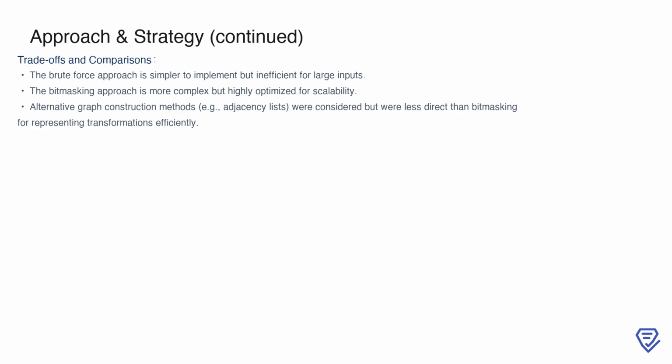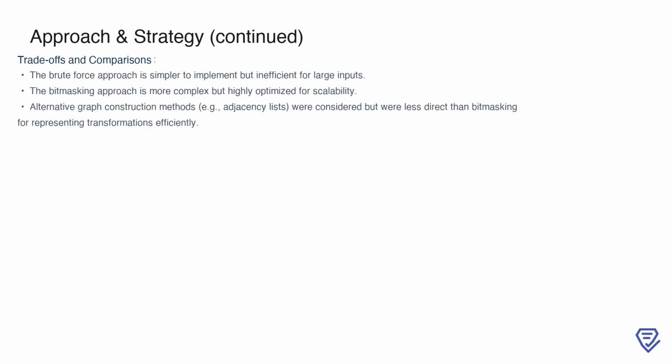When evaluating trade-offs, the brute force approach stands out for its simplicity, as it is straightforward to implement. However, it fails to scale for larger inputs due to its high time complexity. On the other hand, the bit masking approach, while more complex to implement, is highly optimized for scalability. It makes effective use of bitwise operations in graph algorithms to reduce the computational burden significantly. Alternative methods for constructing the graph, such as using adjacency lists, were considered but ultimately proved less direct and efficient than bit masking for representing string transformations. By prioritizing scalability and performance, the bit masking approach emerges as the clear choice for solving this problem in scenarios